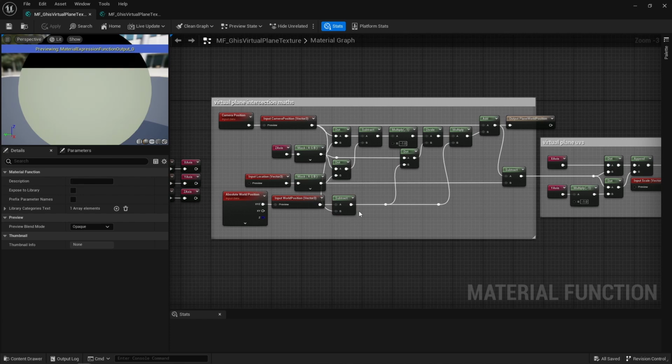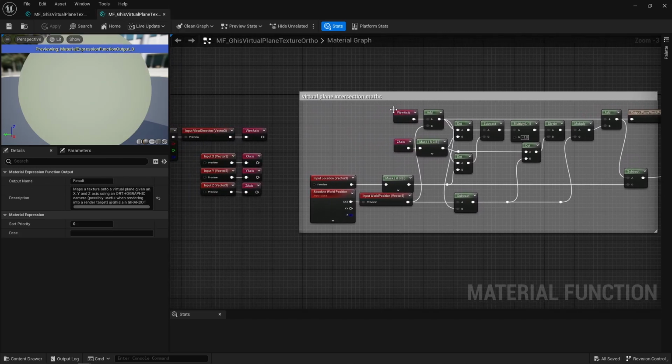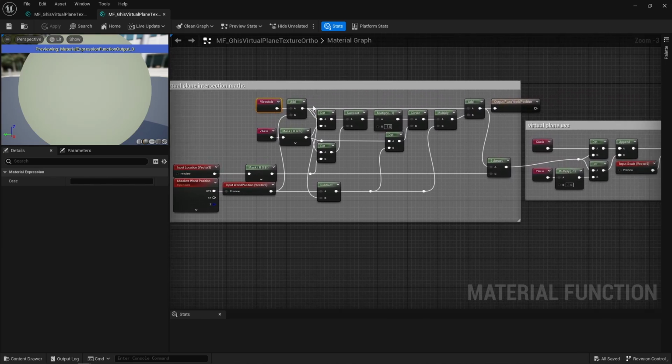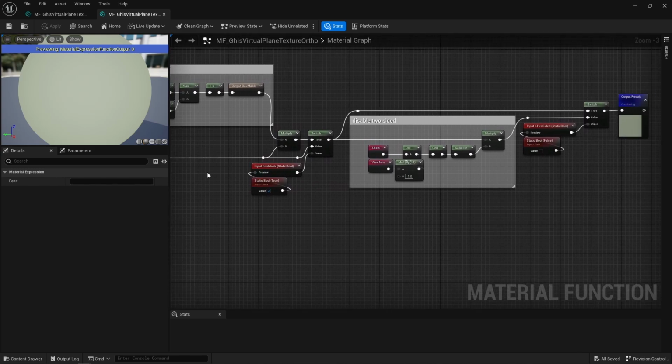So I need a method to generate a virtual plane with a made-up orthographic camera, which is, thankfully, straightforward enough. Instead of computing a redirection from the camera's position and world position, well, I provide a made-up direction. And an orthographic camera really just means that redirection is the same everywhere for every pixel. That's what gets rid of the perspective, right? And so that simplifies the process even more. I really just have to use that specified direction and that's it. Also that bit here, to compute the two-sided plane logic, has to be updated as well, but it's no big